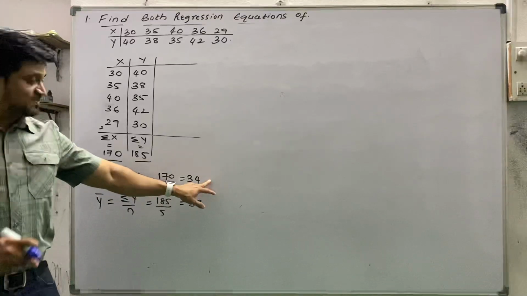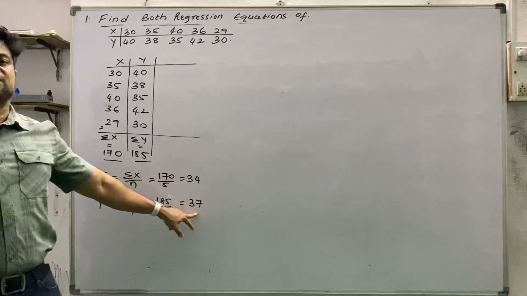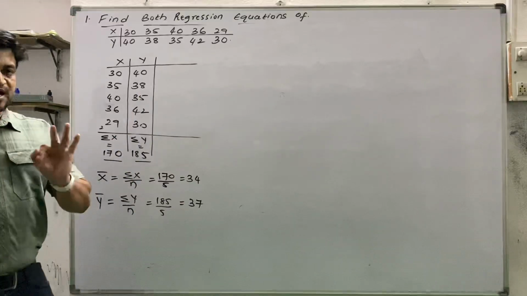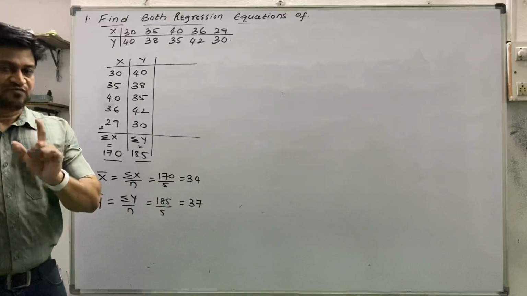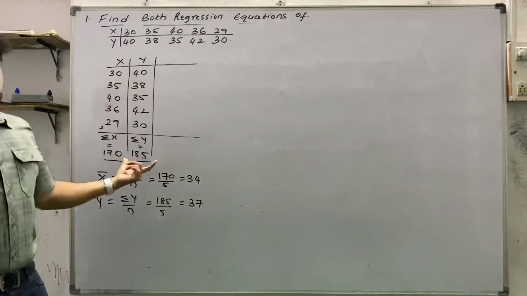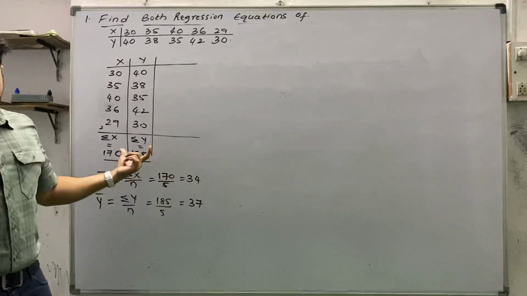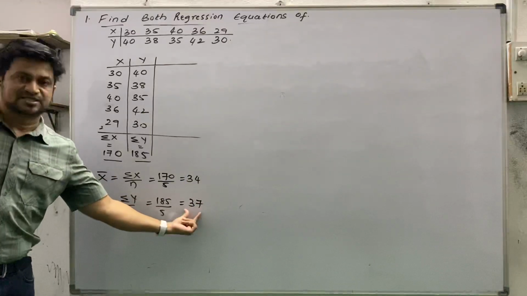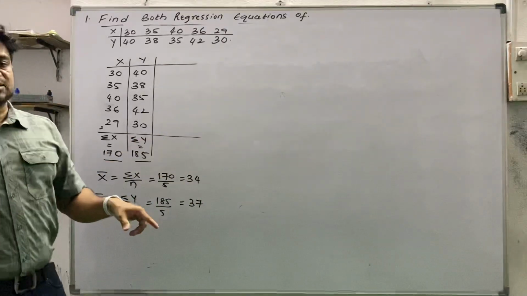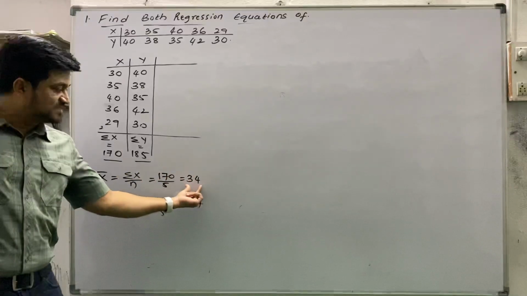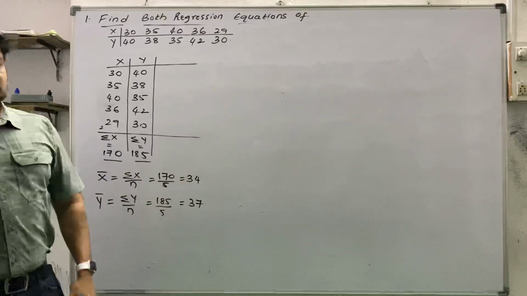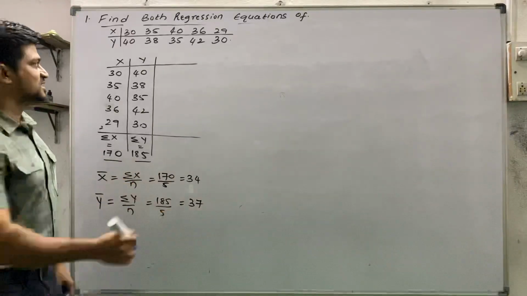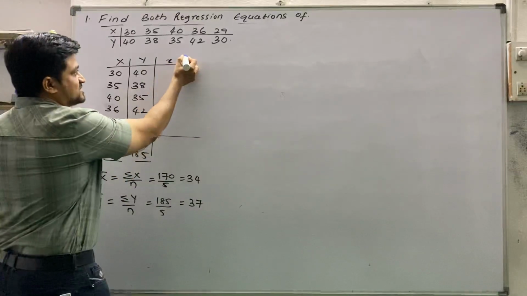If at all any decimal is there for x bar or y bar, at that time we will consider the second set of formulas. In video 1 what we have done, there are three types of questions. The first type is when the actual mean values are given. When we have actual means, it doesn't have any decimal. Assumed mean is the second type, when we find decimal values for any one of the variables x. Now, since we don't find any decimal values, we have to consider extra columns, small x,